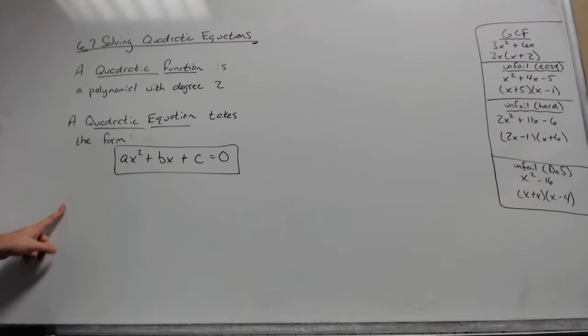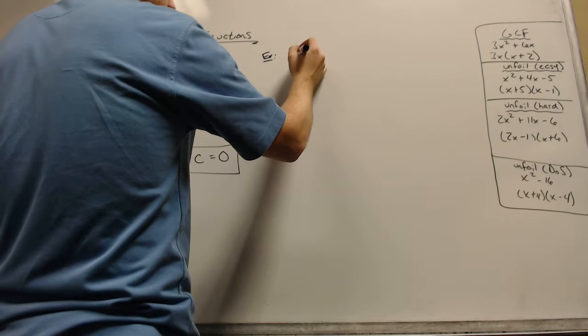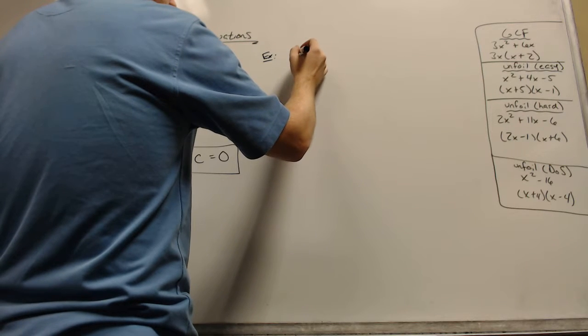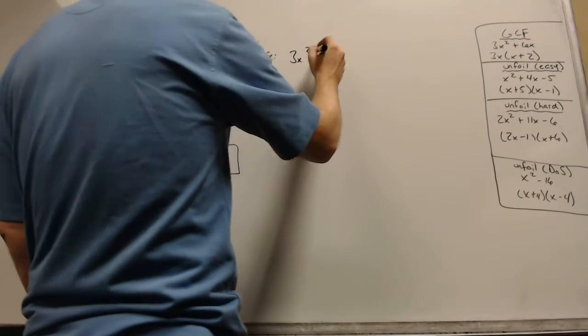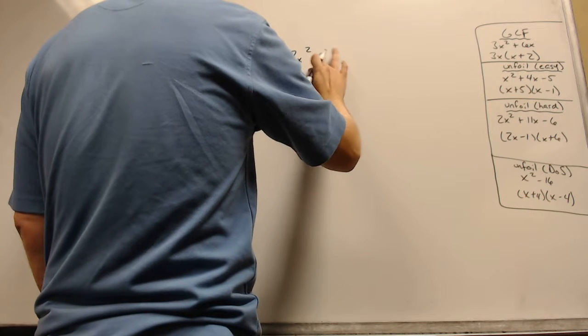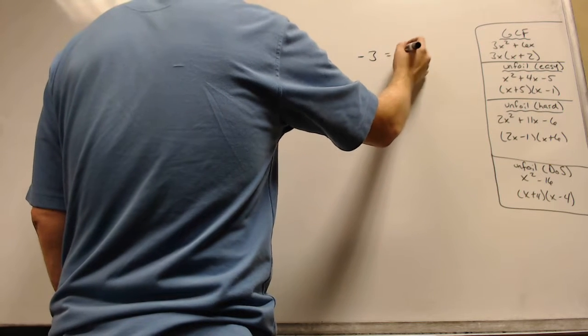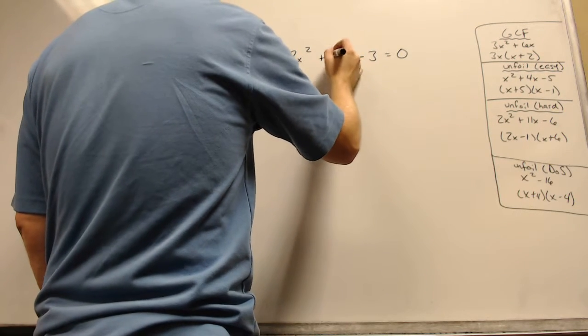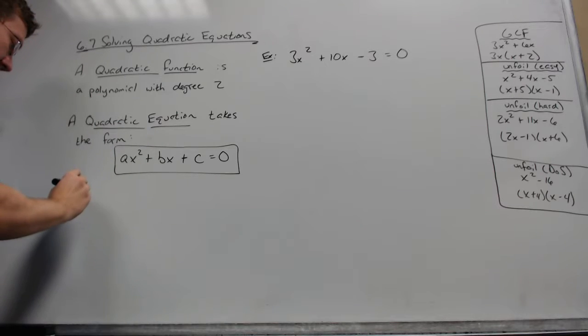So I'll put down some steps to solving, and we'll do an example over here. Let's make one up real quick. We'll do 2 examples. All right, so 3x squared plus 10x minus 3 equals 0. So to solve a quadratic,